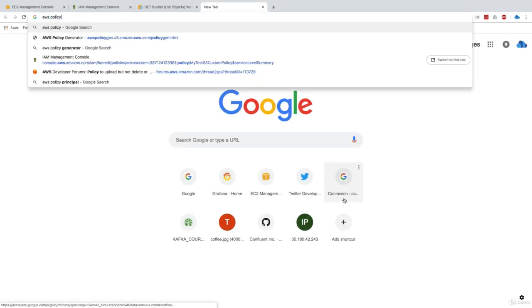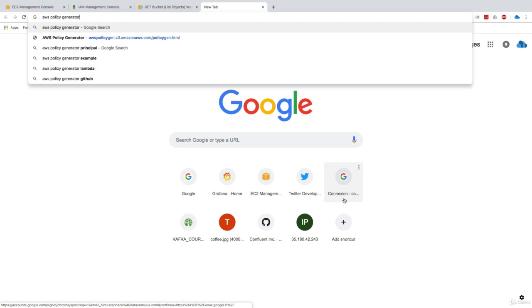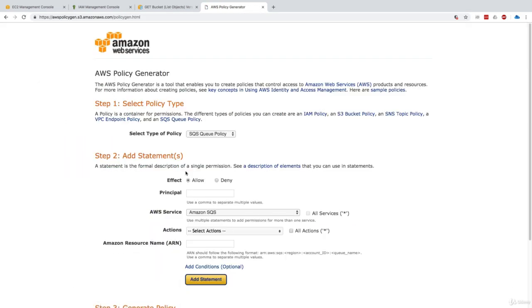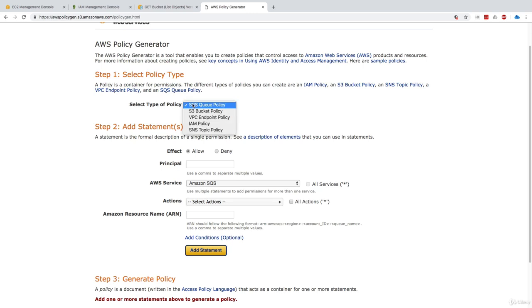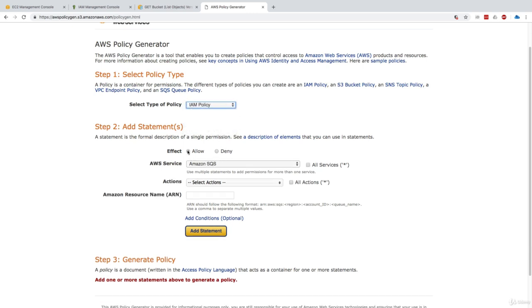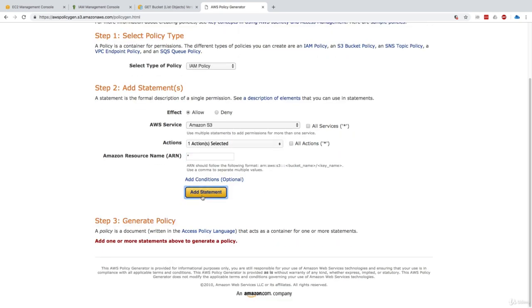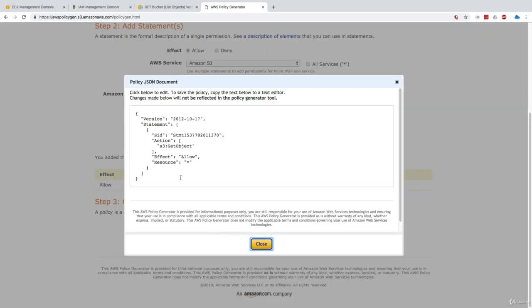It's called the AWS Policy Generator, and just Google it and you get the first link. And this is basically something just like that. You can create a policy type. So for us, this was an IAM policy, and we can say, okay, we want to allow on the service S3 the action, and here we get all the actions we want. So get objects is what we had. On the ARN, I'll just leave star for now to make it simple. We can click on add statements and then generate policy, and this gives us a JSON of what we need.